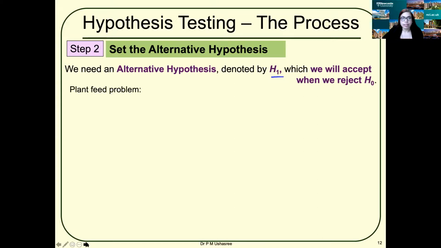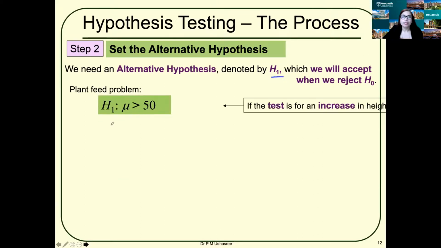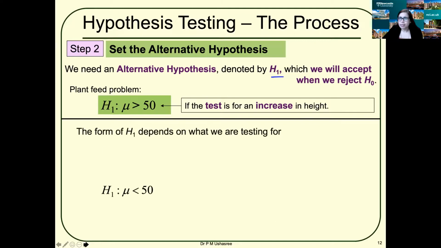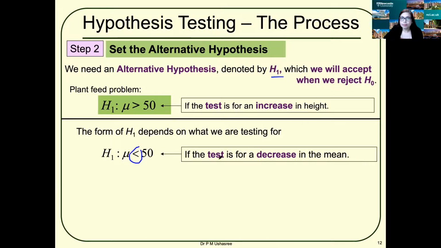So how do you state it? For the plant feed problem, we are looking for a test for an increase in height. So the alternative hypothesis is given as the population mean has increased, is greater than 50. So we may have examples, not for this example, some other examples where the height would have decreased. So in such cases, we use less than 50 if the test is for a decrease in the mean, or